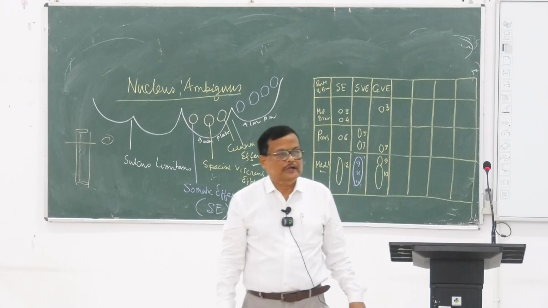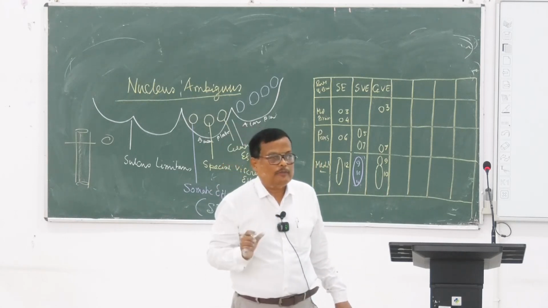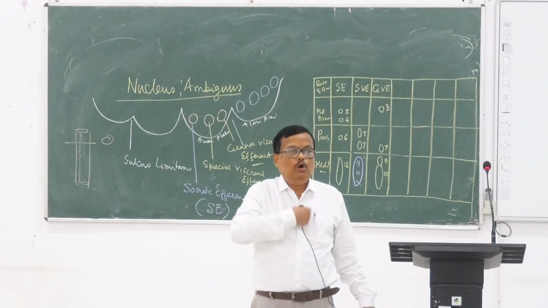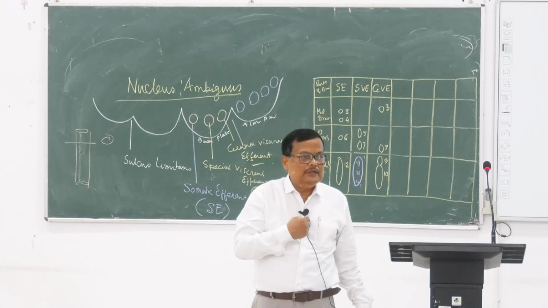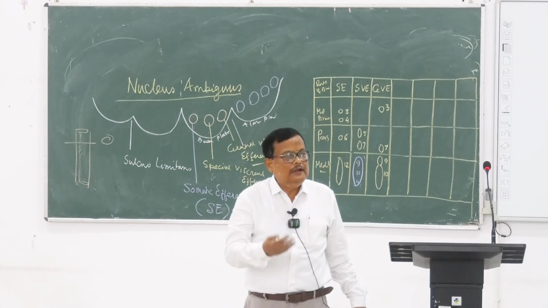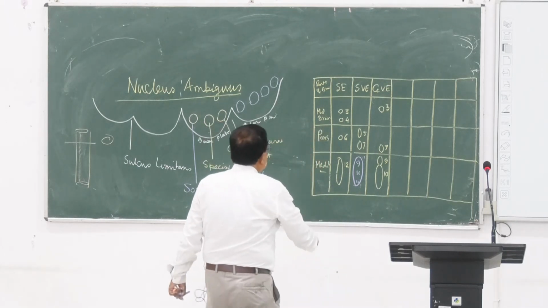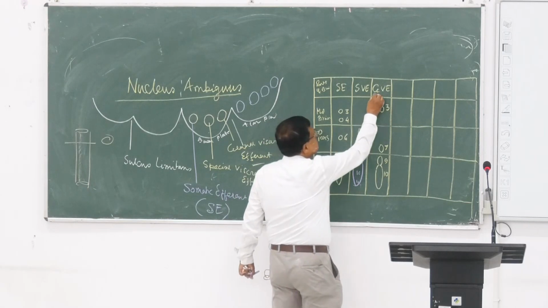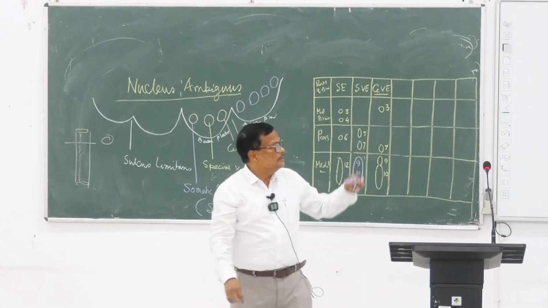Dorsal nucleus of vagus, the motor nuclei of the vagus nerve present in the medulla oblongata, supplying all the viscera, the heart, the lungs, the trachea, তারপরে the stomach, liver, kidney, etc. So we call it dorsal nucleus of the vagus. So these are the general visceral efferent component. So এটা হয়ে গেল। নেক্সট আমি চলে যাচ্ছি